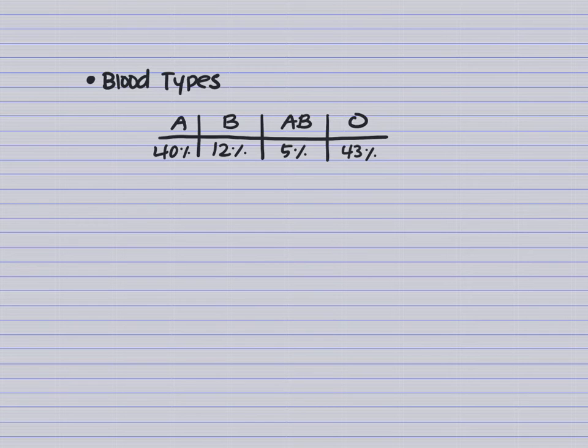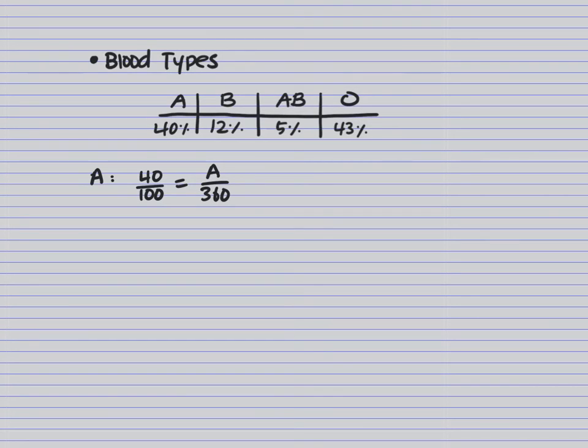So first, because these are not going to be so friendly with the numbers, we're going to have to calculate the numbers using our equation. So for the first one, we set up the equation 40 over 100 because it's 40%, and then it's going to be A over 360 because we want to find out the angle degrees as A, and then we want to find it out of the total angle degree, which is 360 degrees. So again, you're going to work on the cross multiplication, and you're going to end up with 100 times A